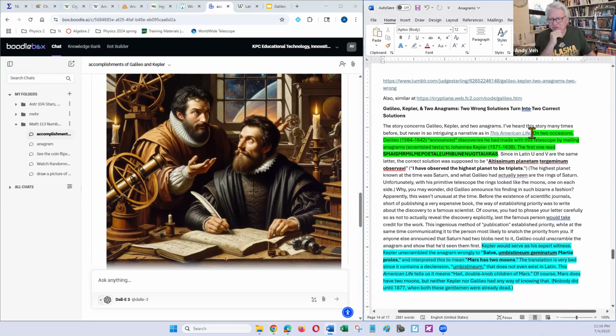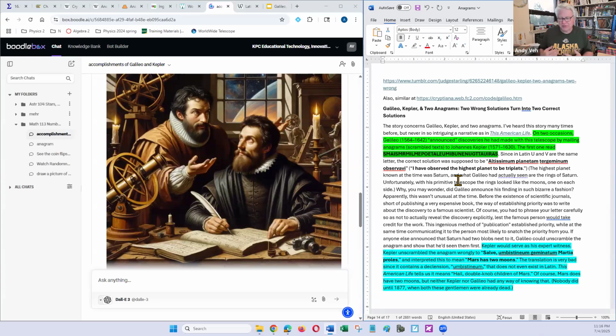what Galileo said. On two occasions, Galileo announced discoveries he had made with the telescope by mailing anagrams, scrambled text, to Kepler. The first one read this. So no, that's not a word. But he just scrambled the letters totally from whatever he wanted to